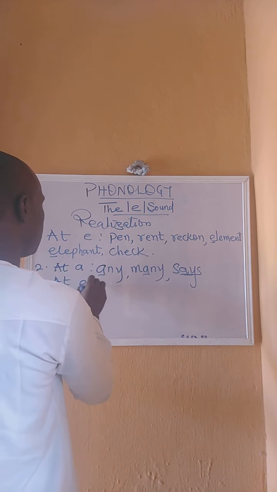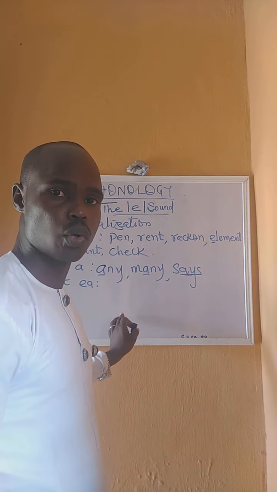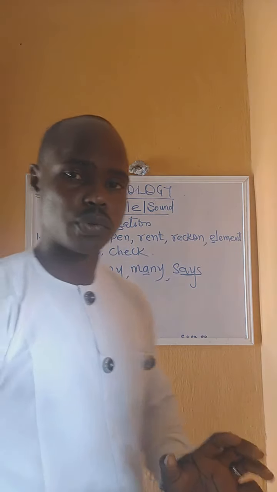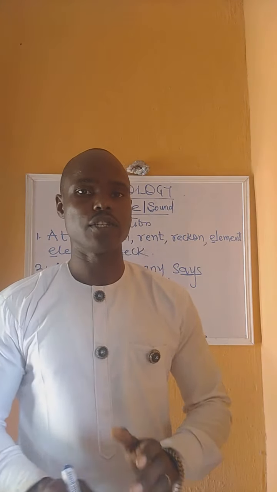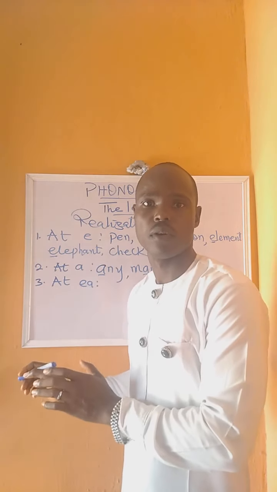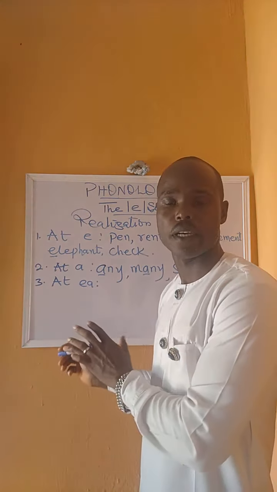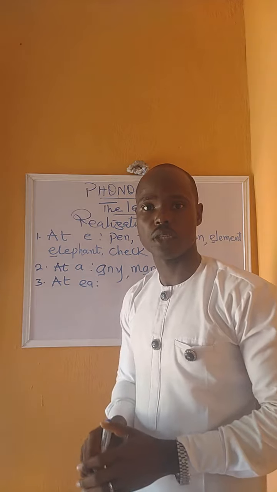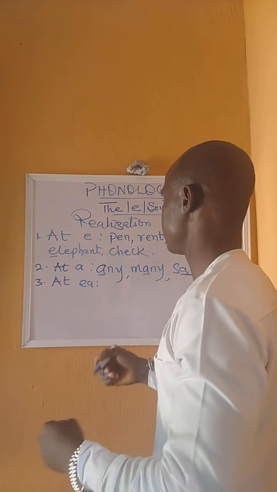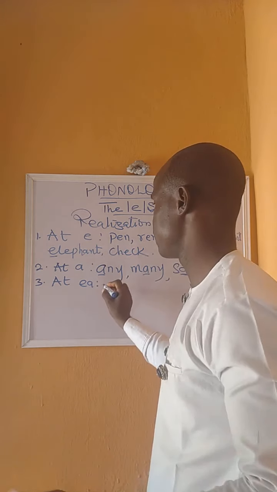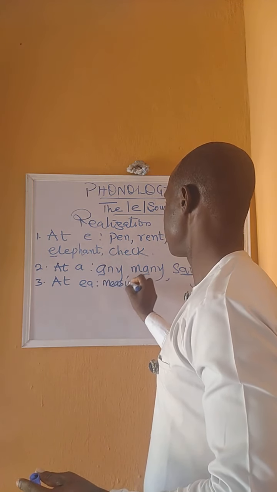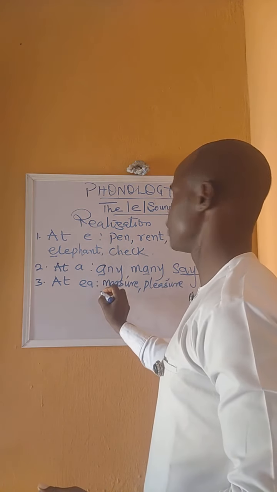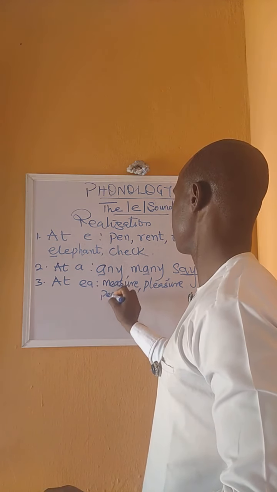Then at number three, we have EA. Now the air sound also appears at EA. Sure, EA also shows realization for another sound. In fact, it is not a dominant realization for the air sound. Its dominance is found in another sound entirely, which we will discuss in the course of this program. Now let's see EA. What are some of the words? Of course, you can think of many of them. You can think of measure, pleasure, or peasant,